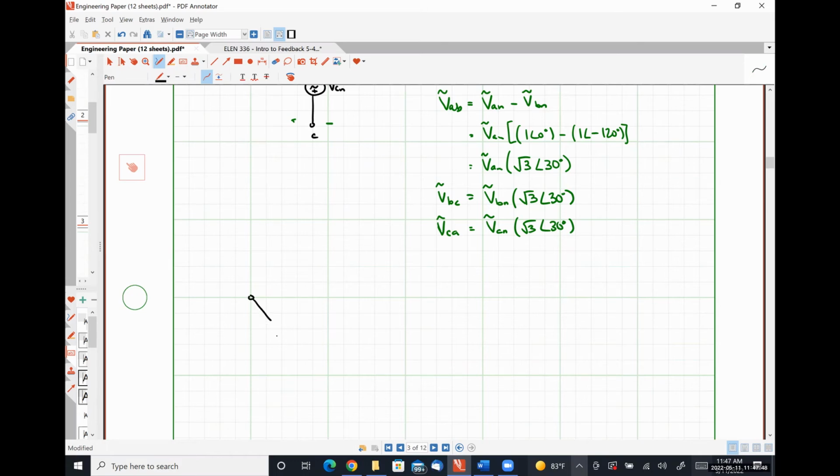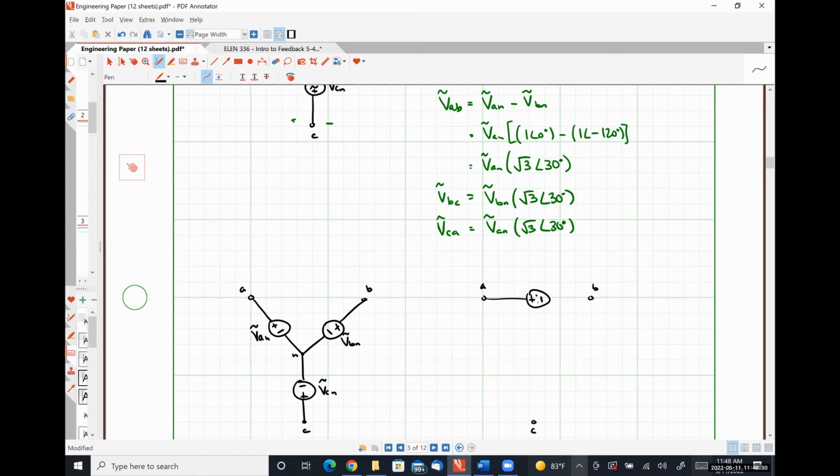So if we have a Y connected source, A, B, C, and N, VAN, VBN, and VCN. And then over here, let's do a delta connected source, A, B, C,